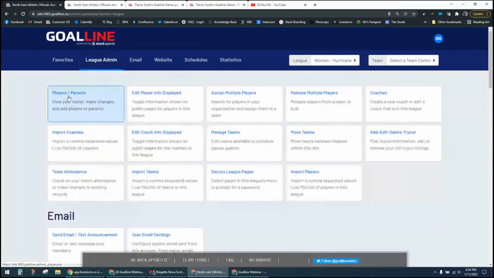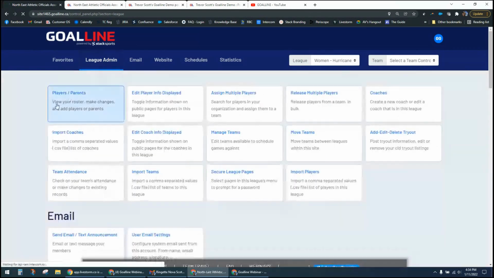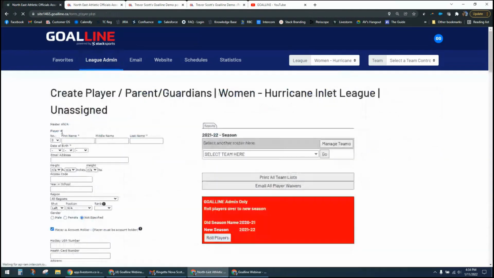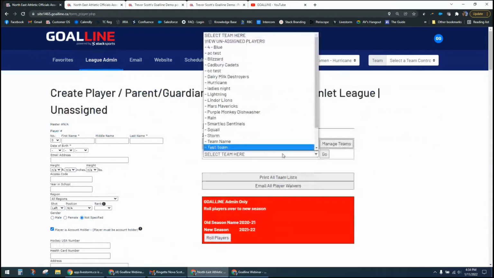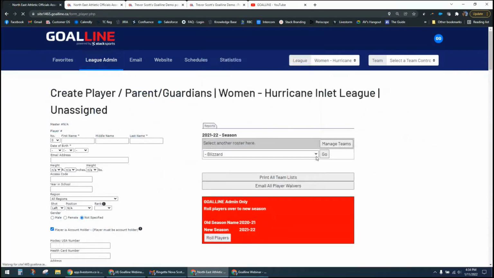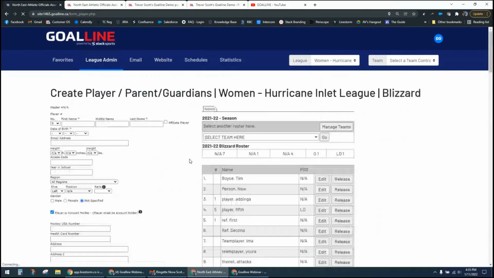There's also ways for you to manage rosters by just clicking players and parents. So this allows me to select at the league level. I can select any of the teams that exist within this league and view their roster. I can add players to the roster. I can release players from the roster. I can edit players who exist on this roster, all if I have, of course, the appropriate permissions to do that. But that's typically what we're doing at this menu level: we're managing the rosters and assigning players